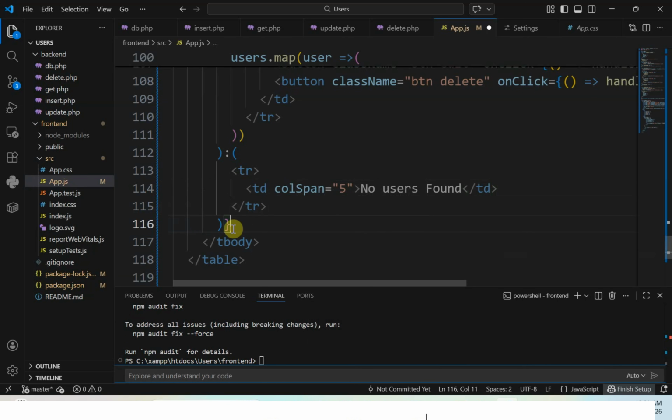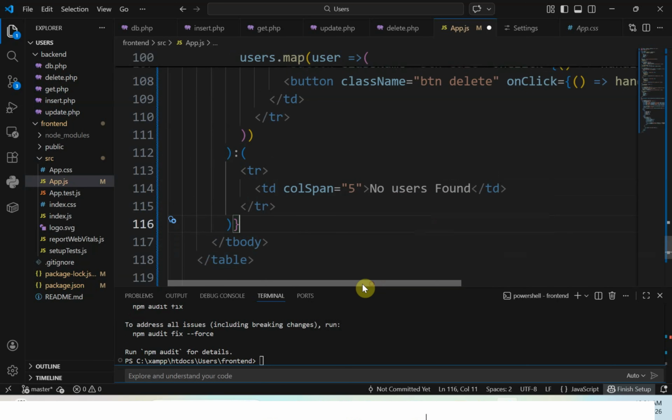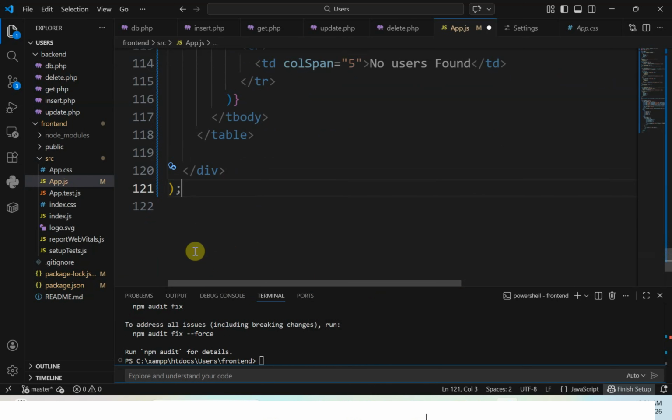In here, tbody table, div, and we need to add this here. So after that,